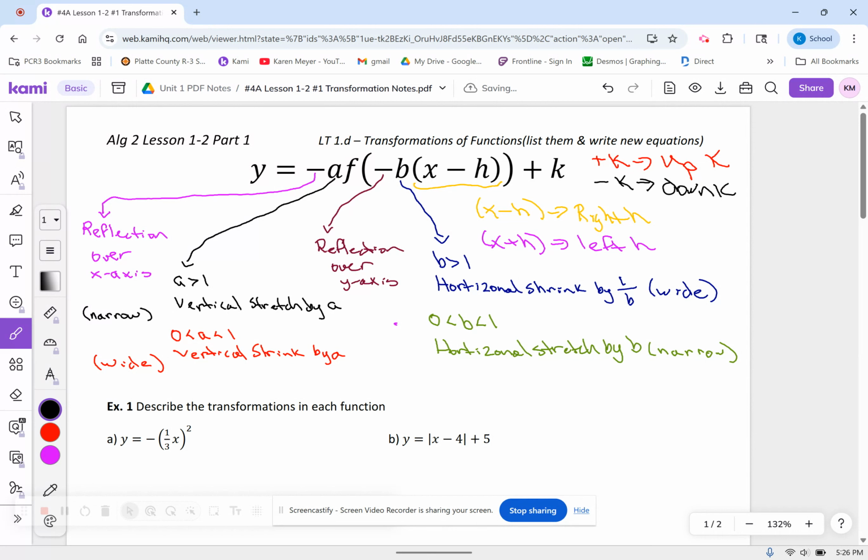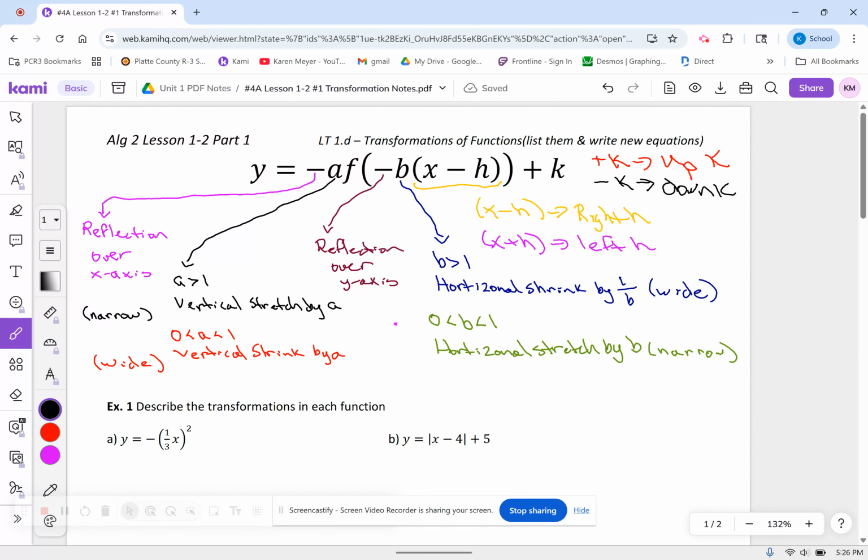So remember, things outside the parentheses are exactly how they look, but things that are inside the parentheses or inside the function are always backwards. Now, these rules you need to eventually work on memorizing because you'll need to have them down for whenever we take the quiz or the test. But for today, we're just learning them, so make sure you refer back up to the top